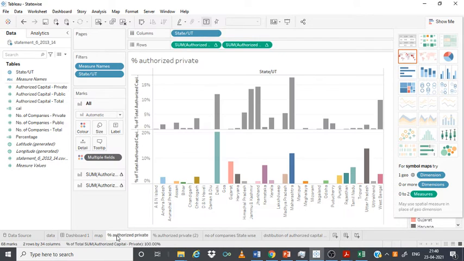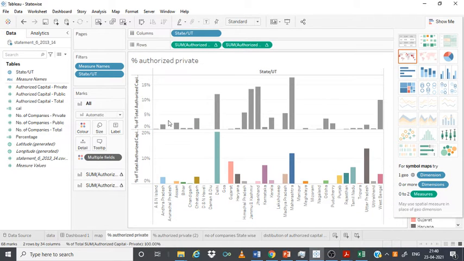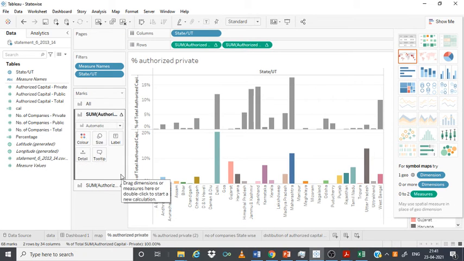After that, I'm choosing a different kind of map, where I want to see across each state the percentage of the total authorized capital in private companies and the percentage of authorized capital in public companies. This calculation can be made by simply right clicking on the measures, where even the drop down option can be chosen.